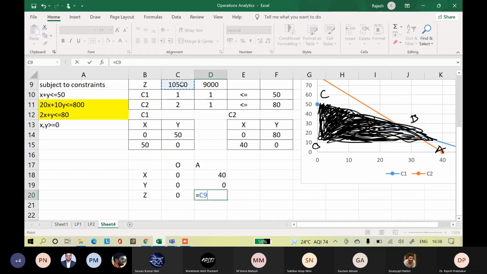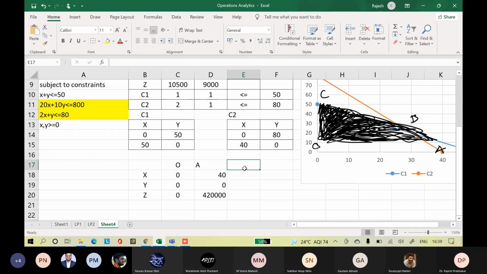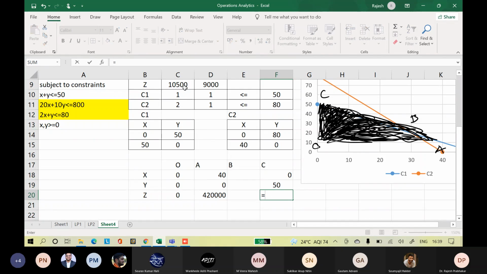So Z is 10,500 into 40 plus 9,000 into 0. So you got 4,20,000 something, right? At point B we have to calculate. We'll calculate. Point C, the values are 0 and 50, is equal to 10,500 into 0 plus 9,000 into 50.